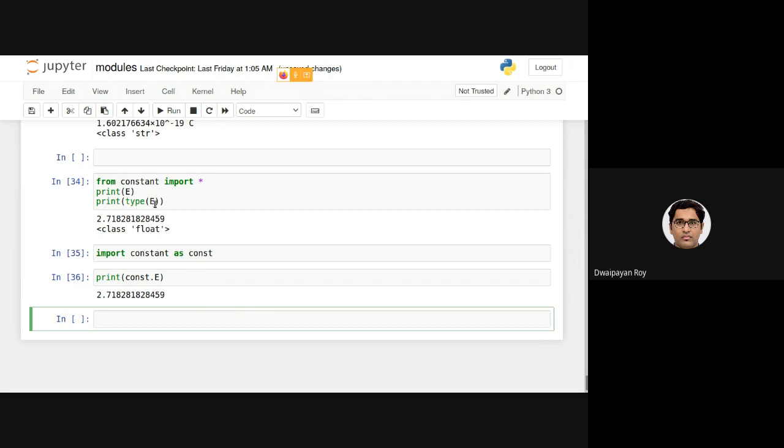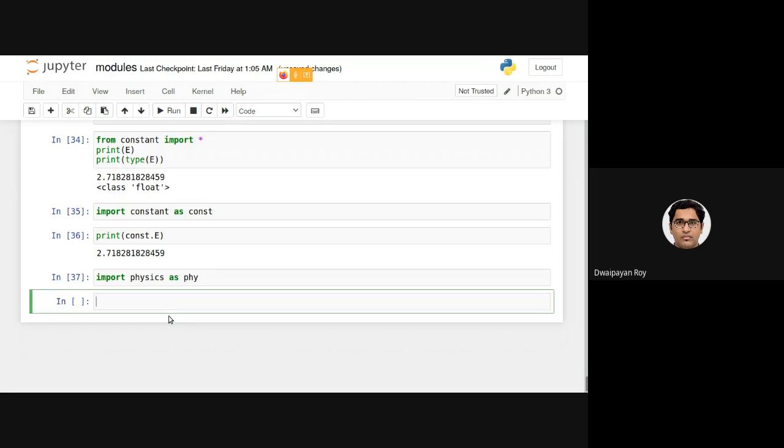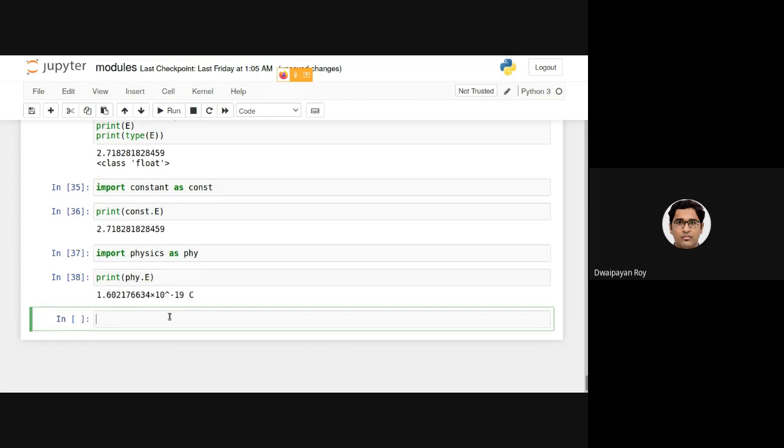This will be printing this e, and import physics as phy, print phy.e, which will be printing basically as a string.